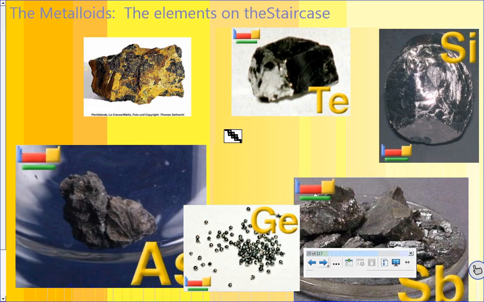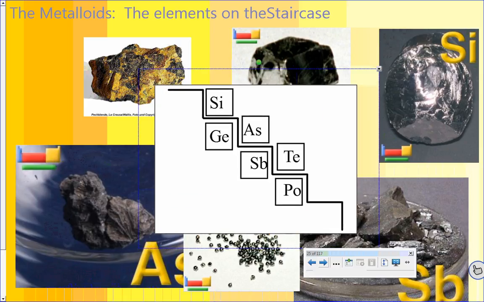The metalloids are the elements that are right on the staircase. There can be a little ambiguity here in terms of what it means to be right on the staircase. Boron and aluminum we don't really count as part of this. So our metalloids are silicon, germanium, arsenic, antimony, tellurium, and polonium. In terms of what their properties are,